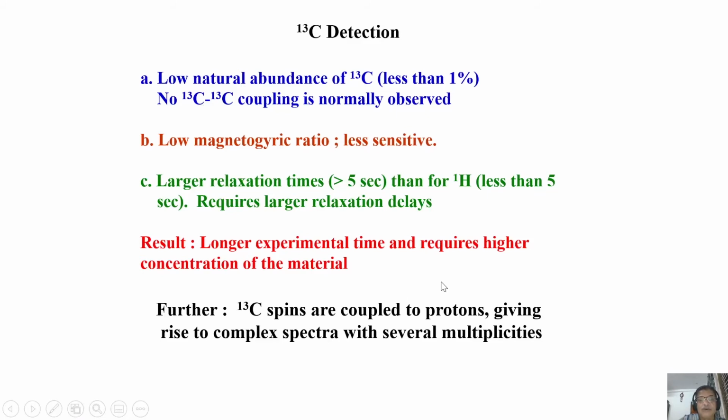It takes an enormous amount of time, especially when the carbons are coupled to protons. So first, it takes a larger experimental time because of various reasons: it has a long relaxation time, low sensitivity, etc. And what we have to do is the decoupling: break all the couplings of protons with all the carbons simultaneously, so that you get only a single peak for each carbon.